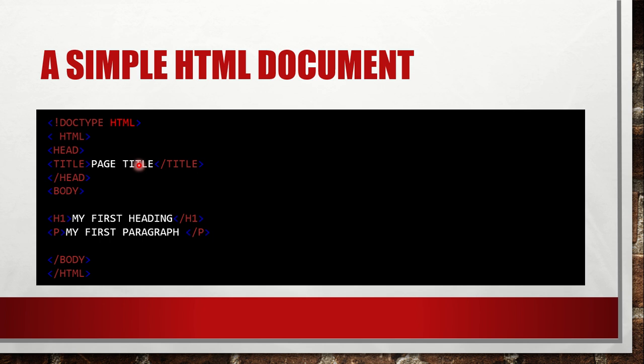But then I'm just trying to tell you that whatever is in between this and this, you can see the only difference between them is this forward slash. So whatever is in between them is what is going to show. So this page title is what is going to show on your web page, and not this title. Same thing applies to this h1 here. So this h1 also is not going to show, but this my first heading that is being written here is going to be shown on your web page as heading,